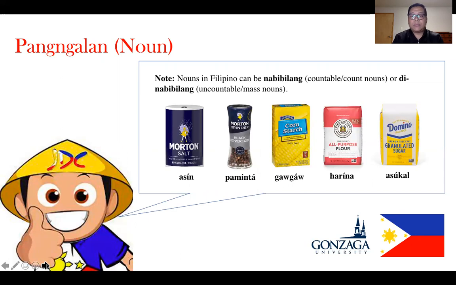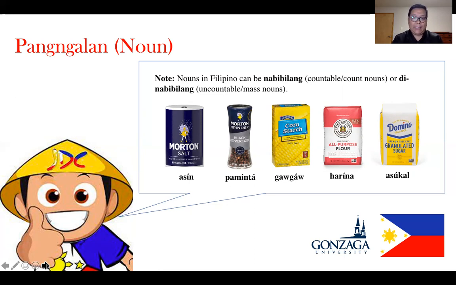So let's talk about some nouns. So we have nouns that are countable or count nouns, and we call them nabibilang. Okay, because if you notice, nabibilang comes from the root bilang, which means count. So nouns in Filipino can be nabibilang, count nouns, or it could also be hindi nabibilang, okay, or uncountable or mass nouns. So the things that I'll be presenting in the next slides are examples of uncountable or